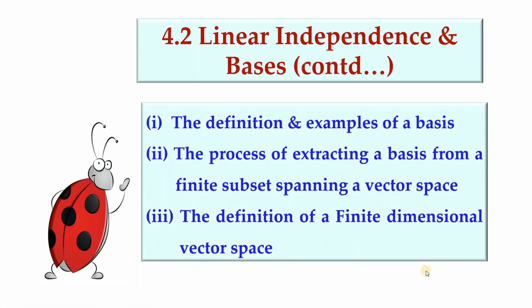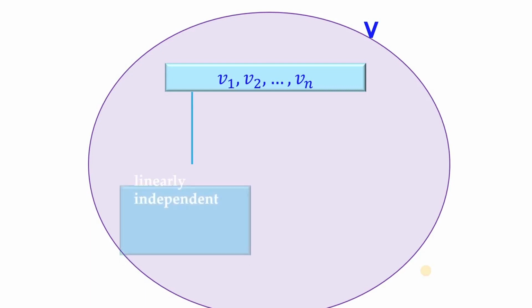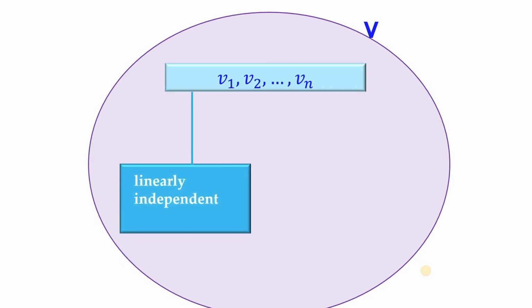In this video, the definition and examples of a basis, the process of extracting a basis from a finite subset spanning a vector space, and the definition of finite dimensional vector spaces are all discussed. So, if you consider V1, etc., Vn to be members of capital V, which is a vector space,